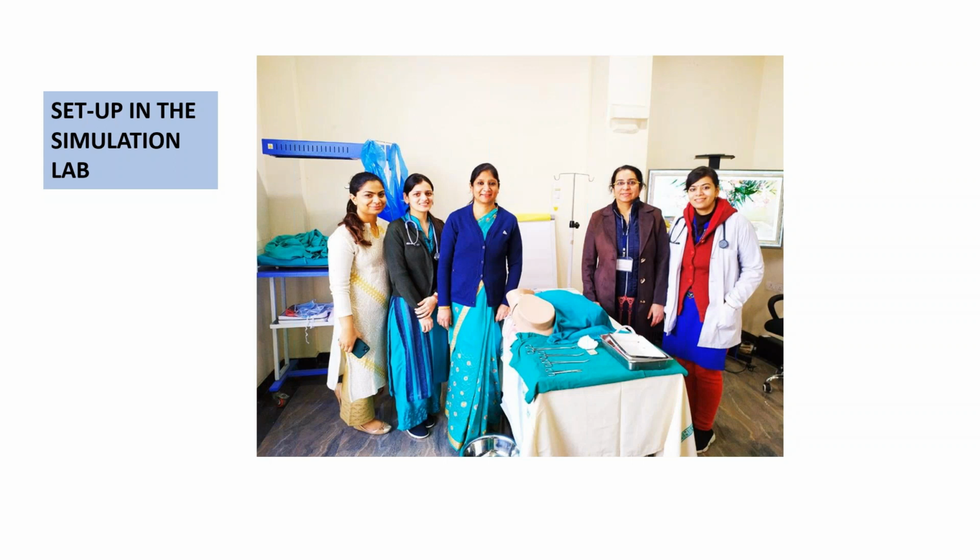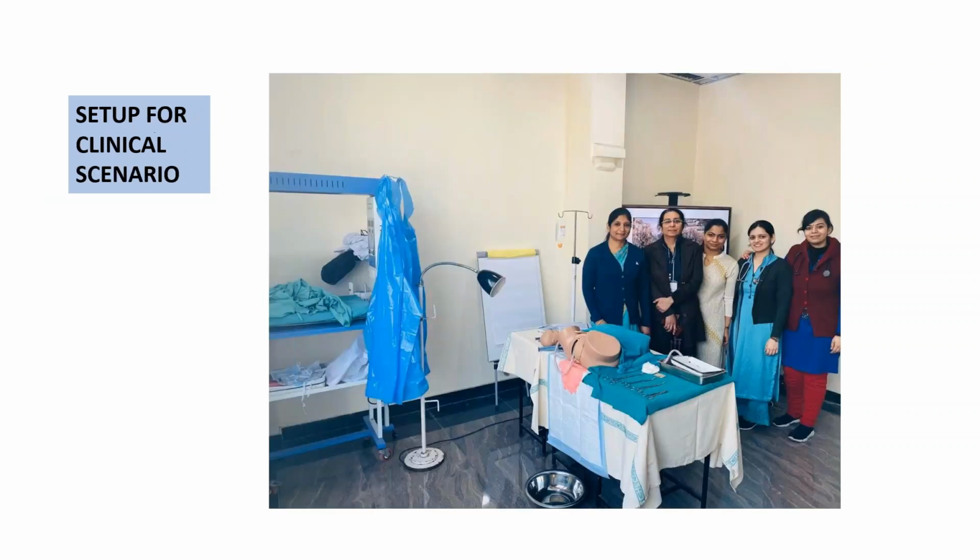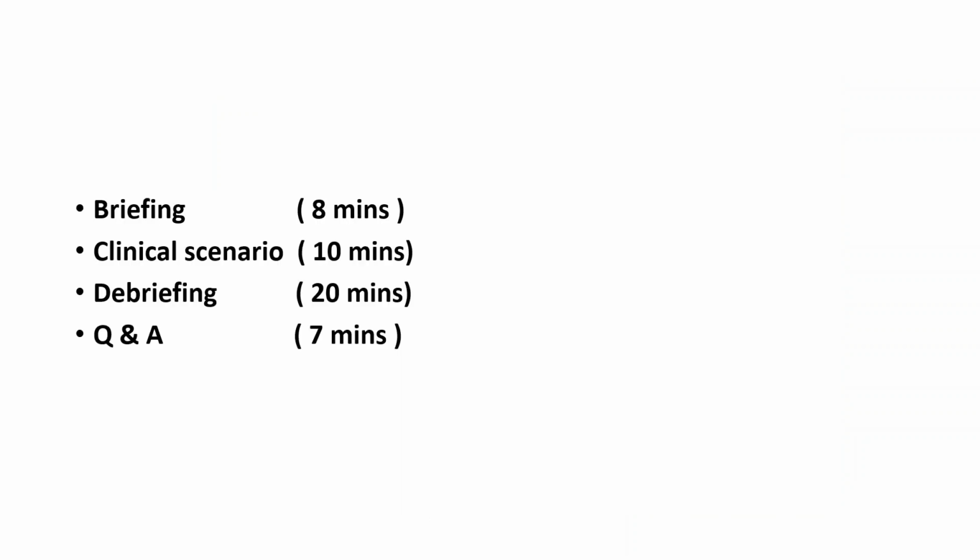So here we see the model for the active management of third stage of labor with the required instruments kept in place so as to deliver the placenta. There's a resuscitation trolley by the side, and everything was kept ready. You can even see the blood which was coming out from the model, to simulate the scene of a delivery which has just been done. So now the task was to deliver the placenta. So it is very important.